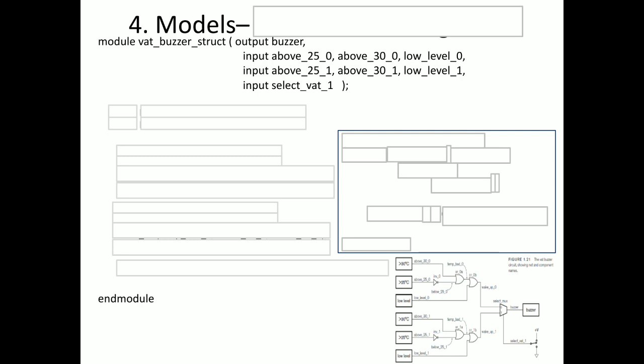Next we need to define the intermediary wire signals. There are two types of intermediate signal notation. One is register, which is used if it is dealing with flip-flops, or if it is holding a value in the operation of the circuit, then we need to name it as reg. If it is just passing the signal, it is nothing but a net, so we need to name it as a wire. If it is not holding the value, we mention it as wire. If it is holding the value, we mention it as reg.